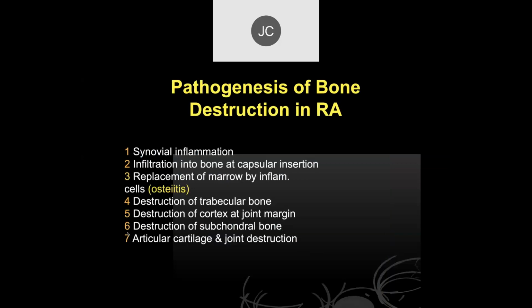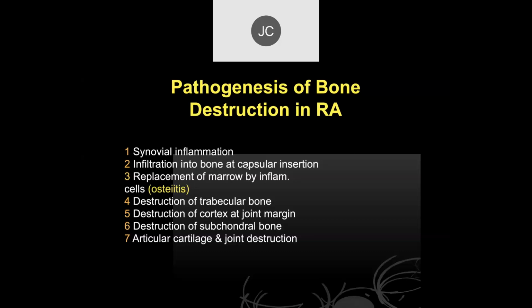Now, have we talked about the different stages of rheumatoid arthritis, or is this the first time this year? Yeah, we have previously. Yeah, I thought we did. So the pathogenesis is that you start out with synovial inflammation. I think it's still unclear exactly what produces this. Then you can get infiltration of the inflammatory disease into the bone. And now we know that it's primarily at the capsular insertion,